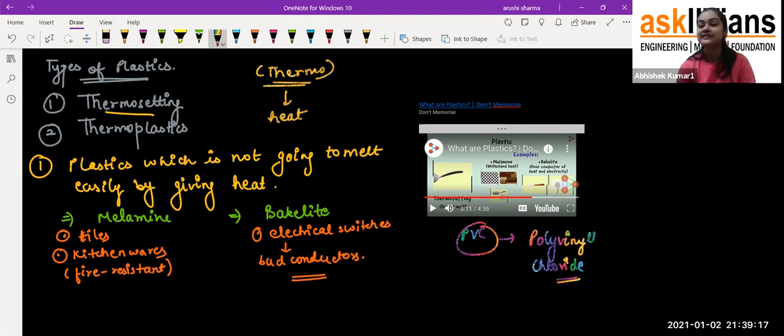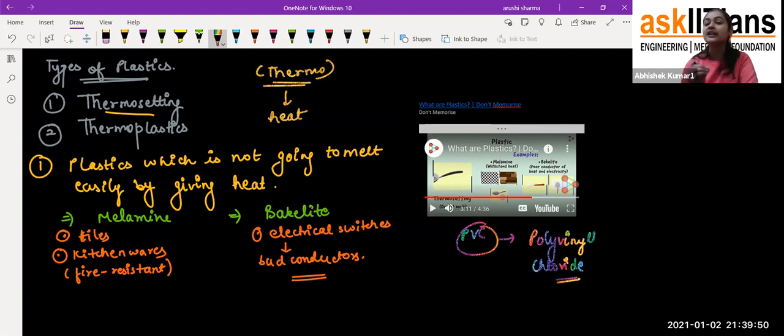We use PVC to insulate the wires in our houses for electricity. For example, we have copper wires so that electric current can flow through them and we can get electricity in our houses. If we leave those wires without a covering, it would be harmful for us, because we are also conductors of electricity, so we can get a shock from it, and that would be very harmful.